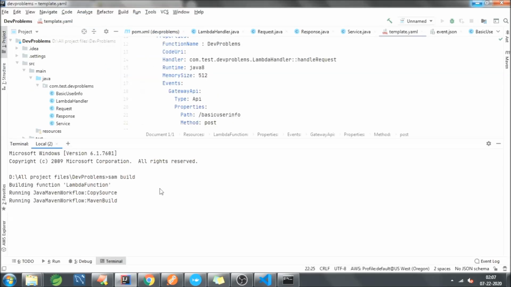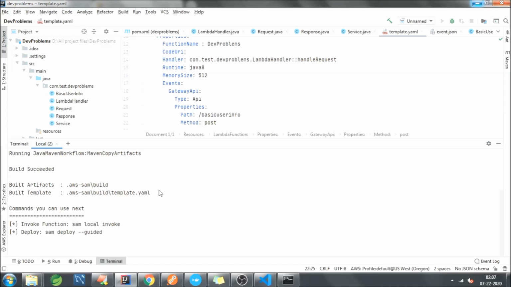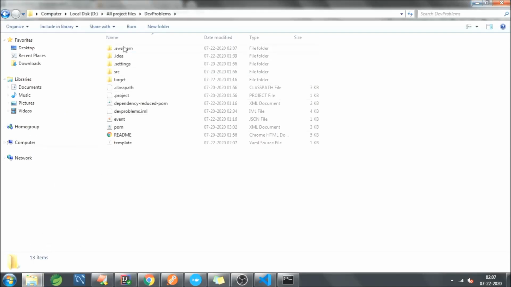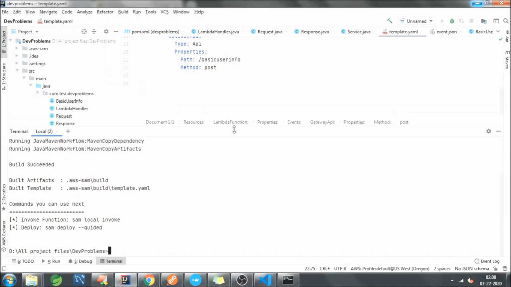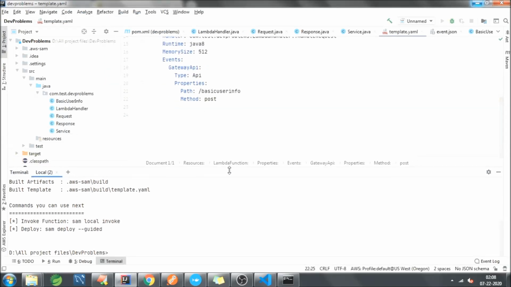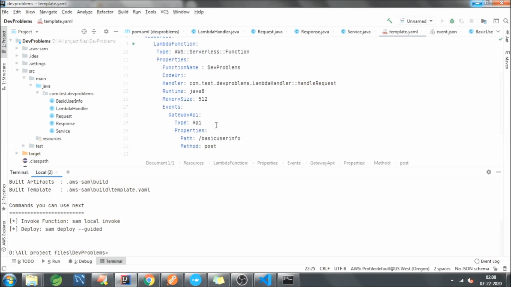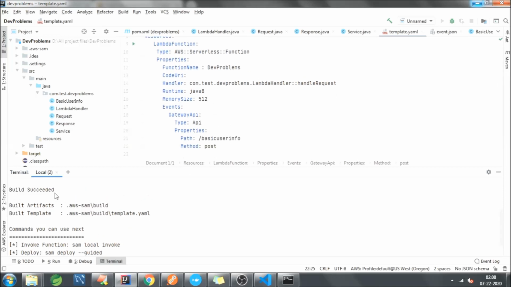Okay, so if you go to your project directory, there will be a folder of AWS SAM. So there is a quick note over here. Whatever changes you make in the template, you need to first run the SAM build command.